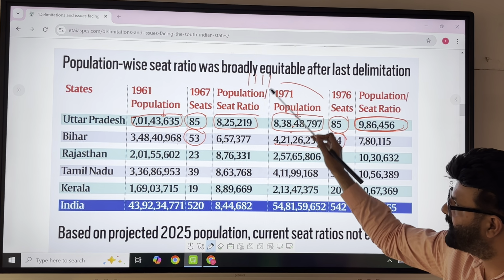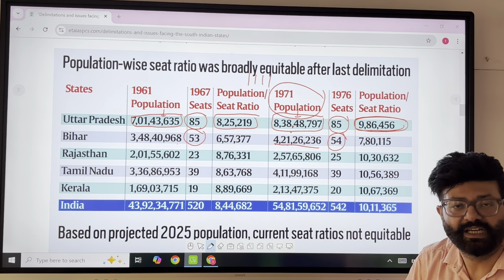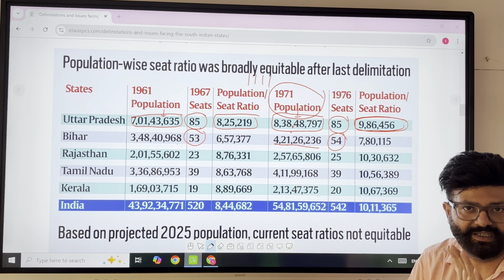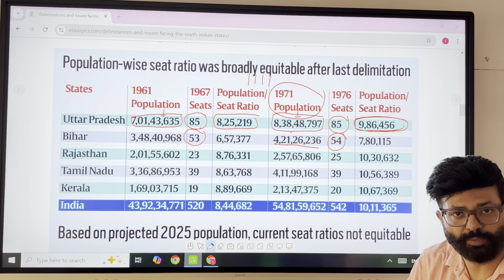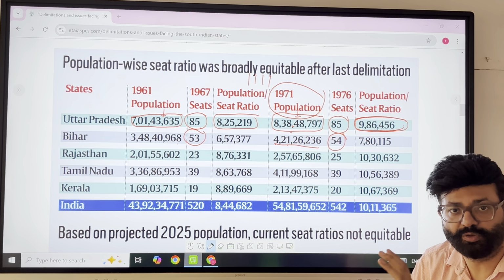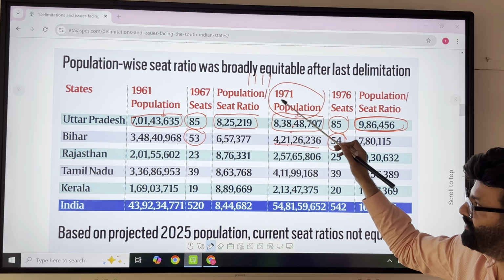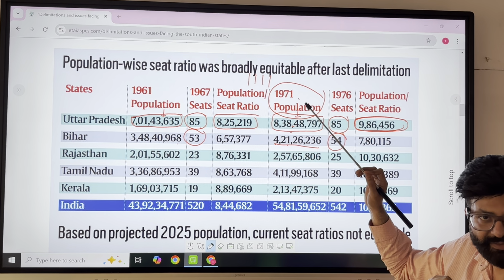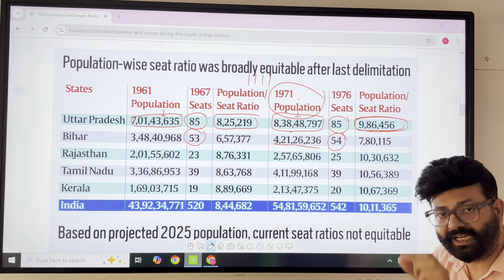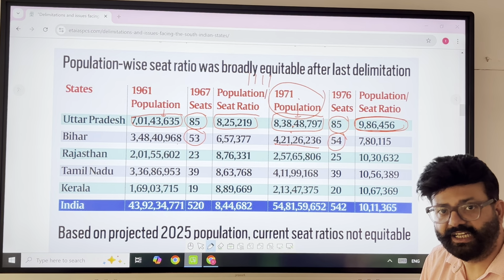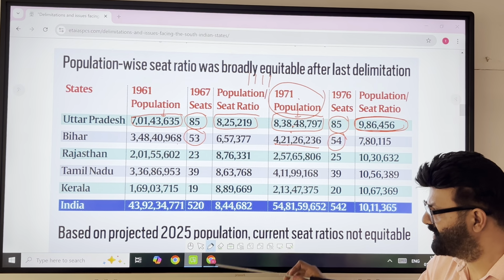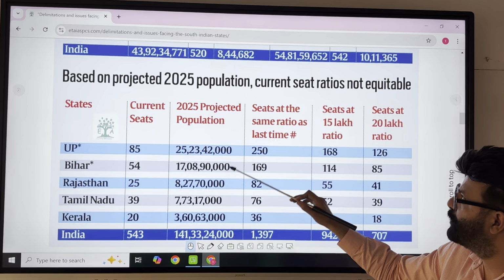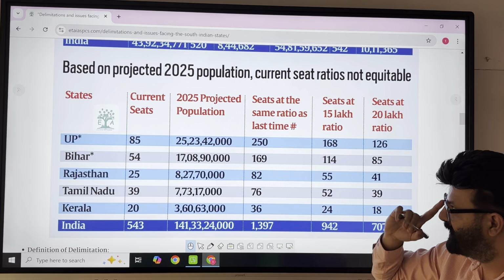Why have we taken the 1971 population figure? 1971 के according ही figures हो रही हैं. 1971 population को ही अभी base रख के जो 543 seats आप divide देखते हो, that is as per the 1971 census, क्योंकि आपने पढ़ लिया है after 1971 delimitation was freeze कर दिया गया था. अब देखिए अगर आप 2025 population के हिसाब से जाएंगे, ठीक है.